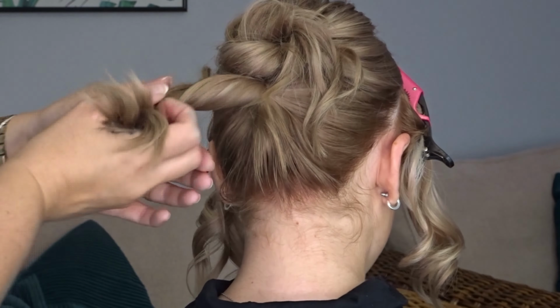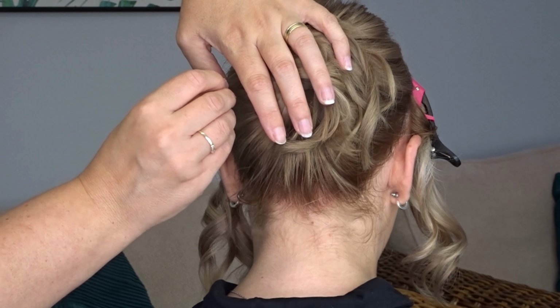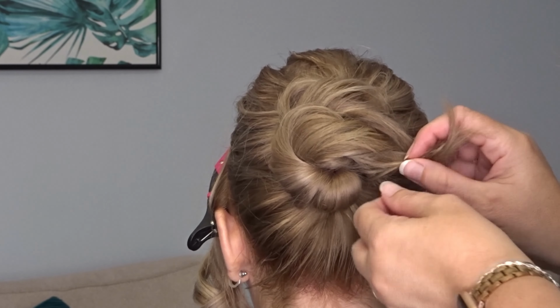So hold on the left hand side and then bring the ends over to the right. Make sure that you slightly overlap it with the first ponytail, and again secure with as many bobby pins as needed. Now I'm just going to gather all those tail ends together and we're just going to twist them all